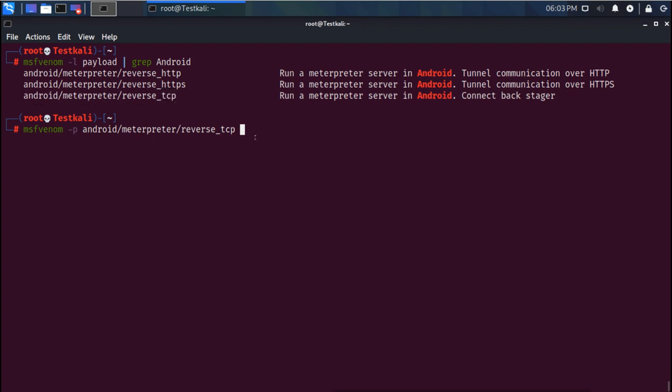Then I will mention the platform, and the platform is Android, and the architecture, A for architecture. So for Android, the architectures are Dalvik architecture,